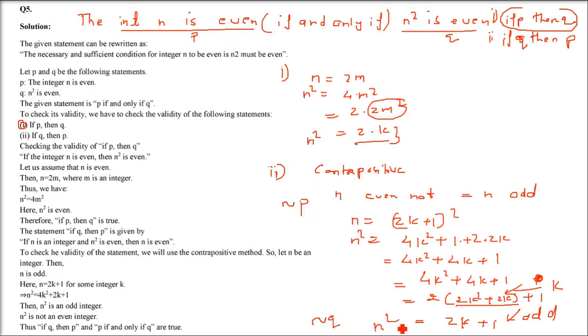When you proved this, that is if q, then p. This we have learned in the theory also. If not p, then not q, that means if q, then p. So first you proved if p, then q. Then you proved if q, then p. That is, this is the if and only if condition. That means this is a true statement. If p then q and if q then p, both are true, that means this statement is true. That is what we have to prove. The statement is true.